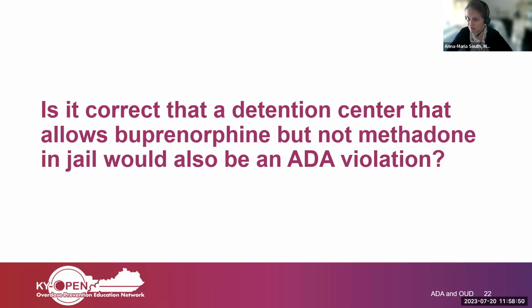Because if you just give somebody that's on methadone buprenorphine, they're going to go into what's called precipitated withdrawal, which is withdrawal all at once, awful. They go from feeling fine or normal to having severe muscle aches, joint aches, diarrhea, agitation, nausea, vomiting, just the worst feeling. So if a jail or prison cannot provide methadone, that is a violation